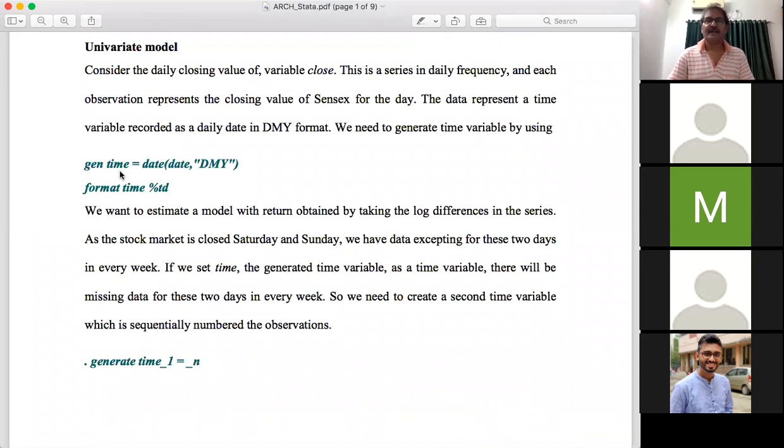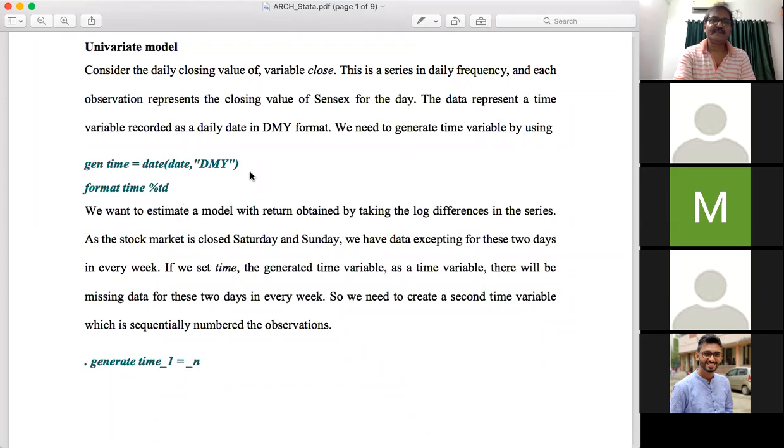For that reason, if you look at the time column, you have generated the new variable time. You will find there are some gaps. There are no gaps in the form of rows. Rows are continuous, but the dates, 1st January, 2nd January, 3rd January, 4th January, 5th January, then probably you will get a gap. There is no 6th January, 7th January, then you will get 9th January, etc. So there are some gaps.